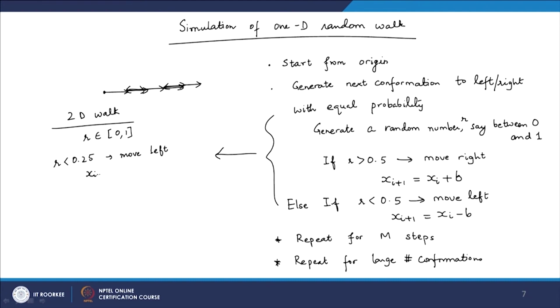So, x_{i+1} becomes x_i - b, y_{i+1} remains unchanged. If R is between 0.25 to 0.5, we move right. The reason why I am doing this is it is equally probable for R to be between 0 to 0.25 and 0.25 to 0.5. This will happen with a probability of 1/4,